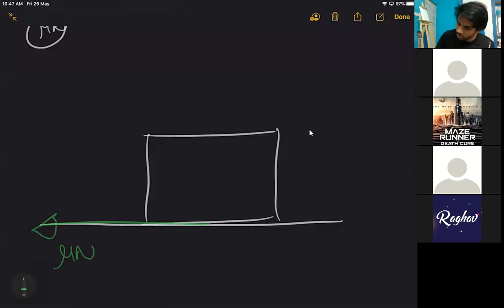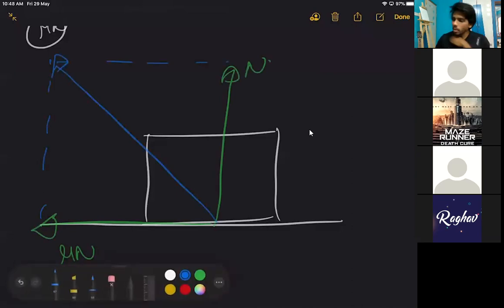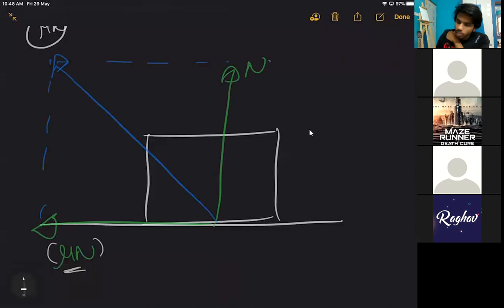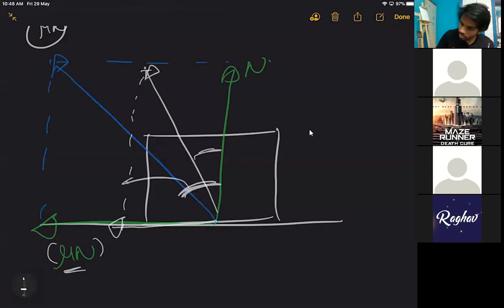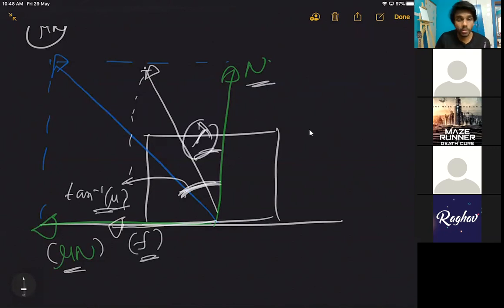This is mu n. This is n. This is the maximum case. So the resultant is this. Agree? Now, the problem is the friction value is not always mu n. The friction value is always less than mu n, right? Like the friction value is somewhere around this. What happens to the angle of friction now? The resultant of these two things. Look at the angle. This whole bigger angle is nothing but tan inverse mu. This is what he's calling lambda, the angle between friction and normal force. See, lambda is clearly less than the tan inverse mu value. Do you get it now?